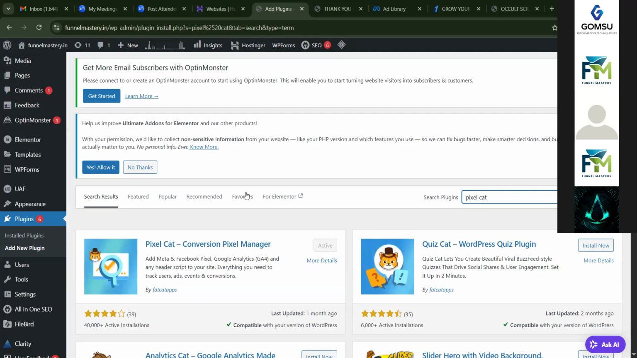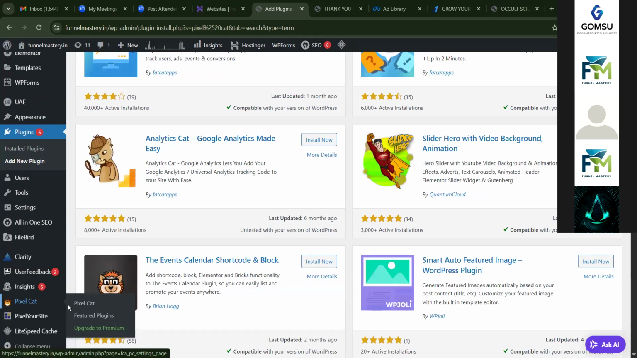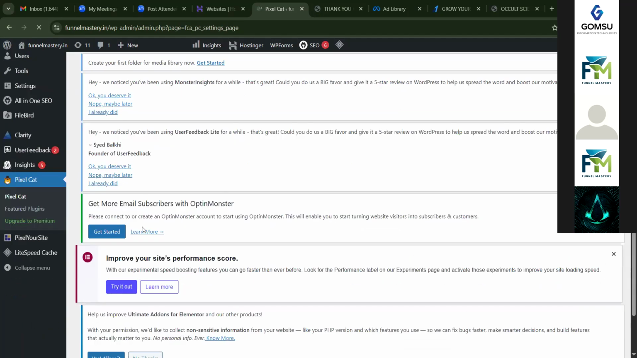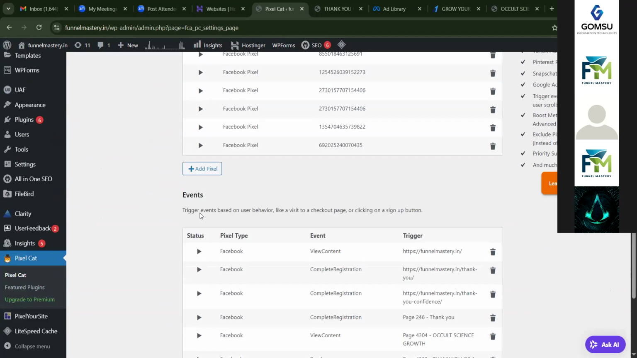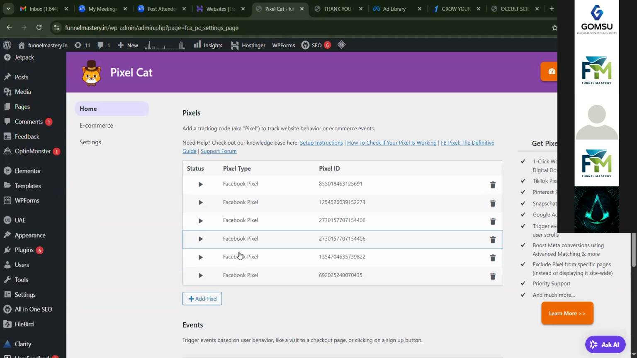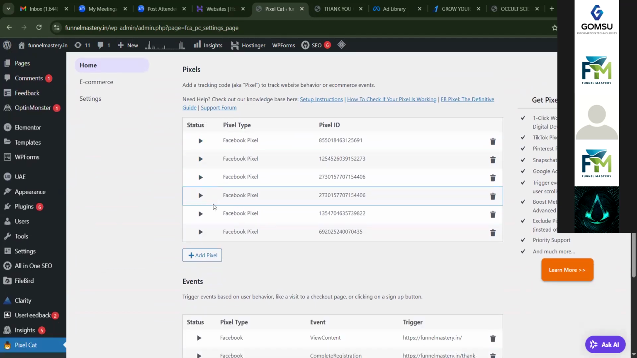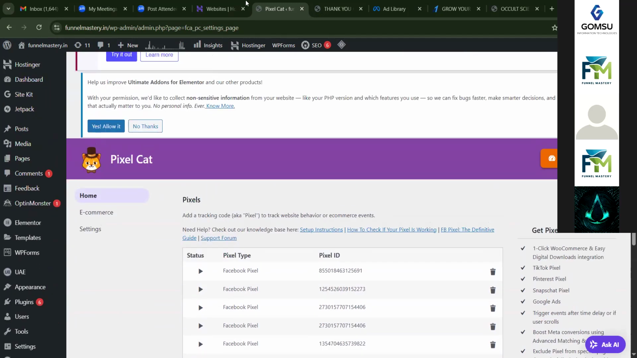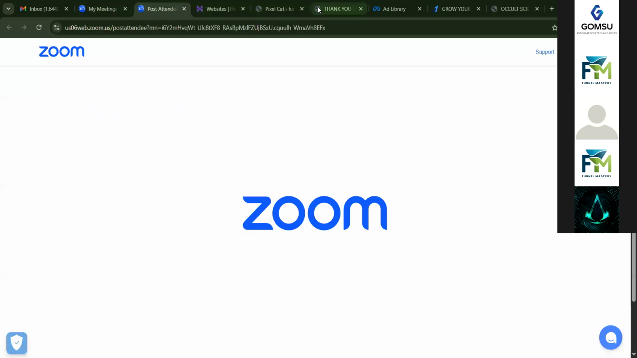So once it is activated, you can see here on this dashboard. So you have to click on pixel cat. After clicking on pixel cat, you can see all the pixels over here. So whatever client's pixel is available, you have to pick up the pixel from here. So how we did that yesterday, we have to